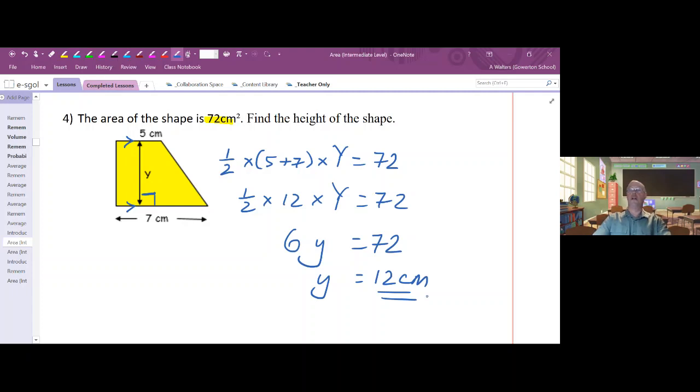And we're going to look at trapeziums a little further down the page. I've prepared for you, but those are trapeziums on their own. The trapeziums we're going to be looking at shortly are part of the problem solving question. Okay, so the next question we're going to look at,